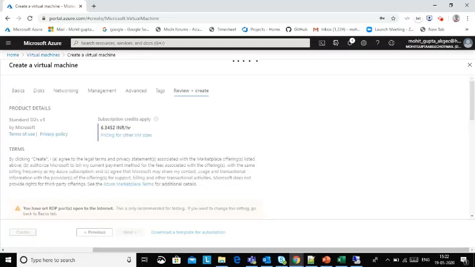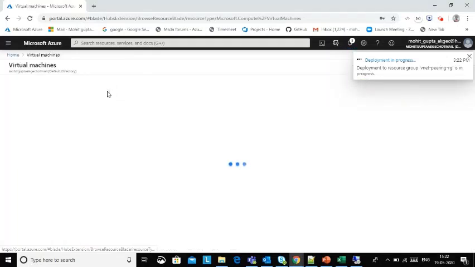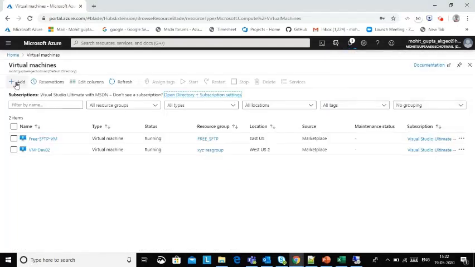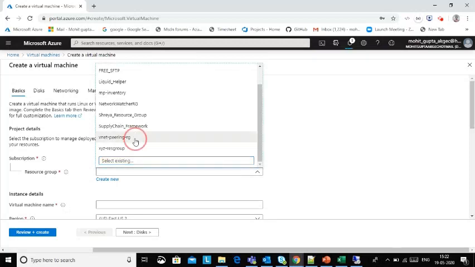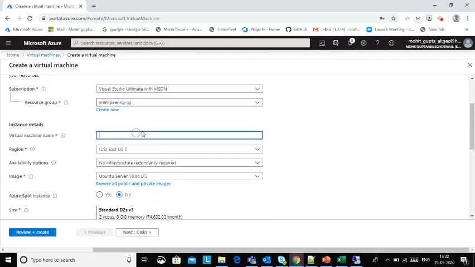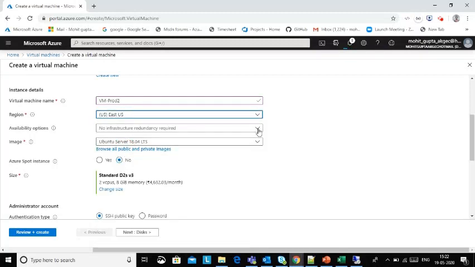Similarly, I'm going to create another virtual machine in the other virtual network. The name is VM prod 2, and the resource group is VNet peering. Availability option is not required.